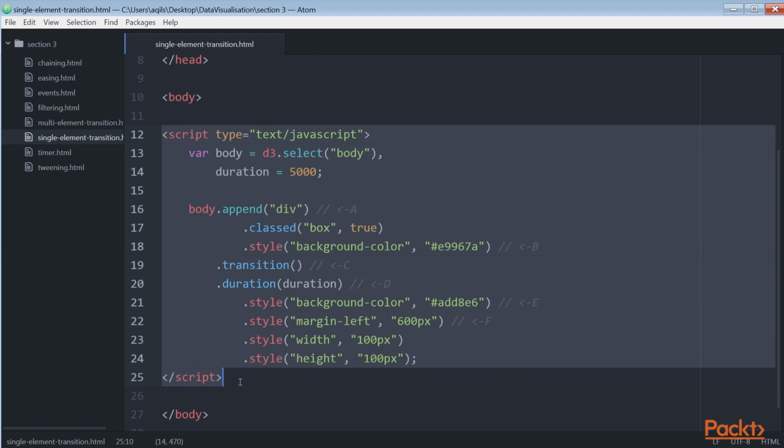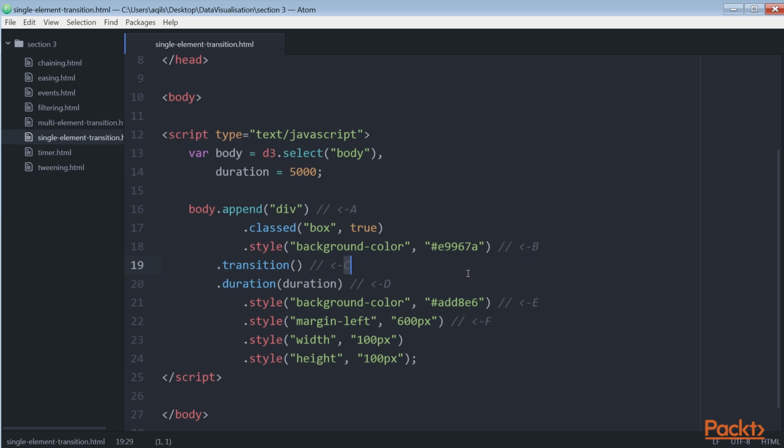The code necessary to perform this simple transition is extremely short. Good news for any animator. The code produces a moving, shrinking, and color-changing square. Wait a sec. I'll show you. See? This is the color-changing square. You might be surprised to see that the extra code we added to enable this animation is only on lines